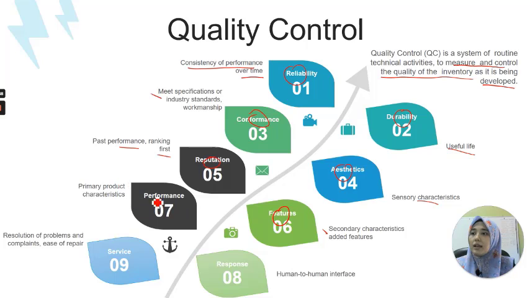Okay. Kemudian quality control is used to make sure that the performance of the primary product characteristic is being maintained, and dia punya respond human to human interface is being catered, and also the services, the resolution of problems and complaints, the ease of repair also kita ambil tahu tentang perkara tersebut. Susah ke nak maintain, senang tak nak jaga. So kalau servis orang pulang kat kita, boleh tak kita tambah baik servis tersebut, boleh tak kita perbaiki telefon tersebut. Okay, itu antara perkara kenapa quality control itu penting.